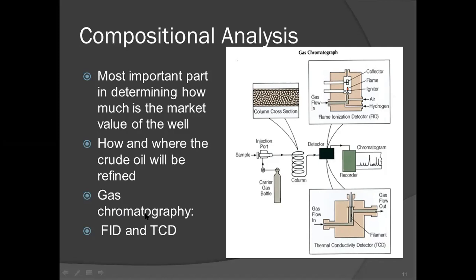The best way is gas chromatography, where hydrocarbon samples are burnt and put into injection ports, and these injection ports go through columns that have porous adsorbing material. After that, these gases will go to the detectors. There are two types of detectors: the flame ionization detector, which is fed by air and hydrogen, and it burns the sample, and there the change in flame conductivity is proportional to the amount of ion electrons produced from that hydrocarbon,